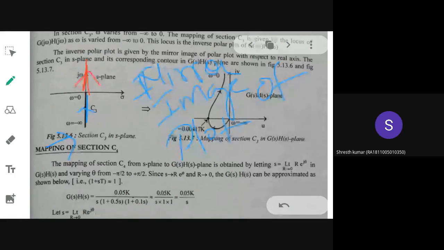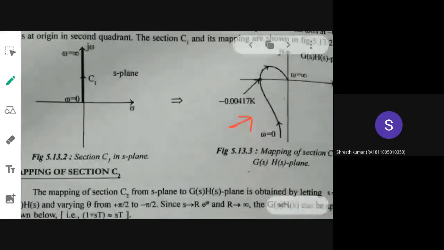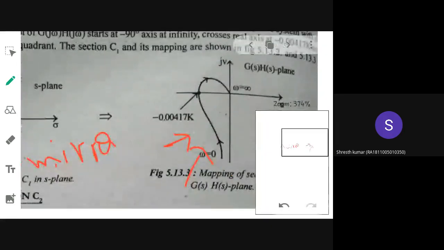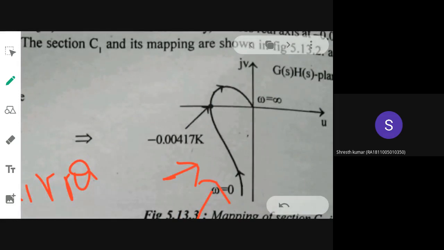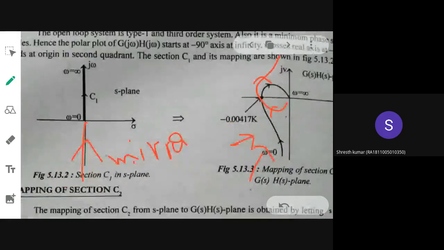Like you have seen in the earlier case, this diagram is the polar plot that you got for that segment. But the segment that you are considering is just opposite, like this. So it will be a mirror image of this. I will just try to draw the mirror image. So the mirror image will start like this and it will end like this. The direction will be like this. That will be the mirror image, so that will be the map for this segment. So this segment does not need any calculation. Once you obtain the polar plot for the first segment, take the mirror image, and that will be the map.